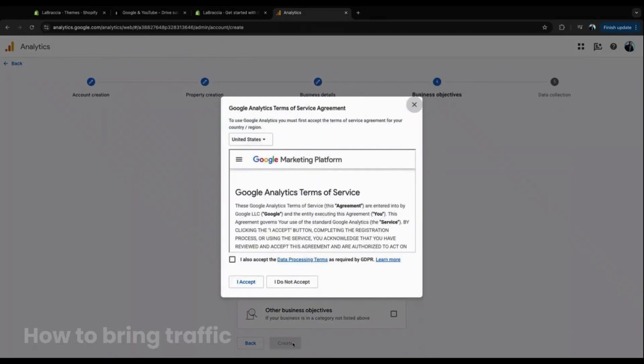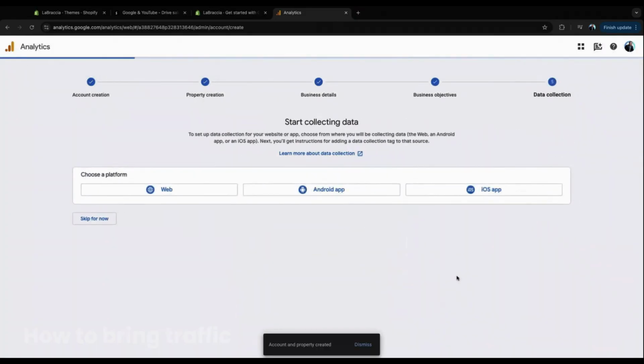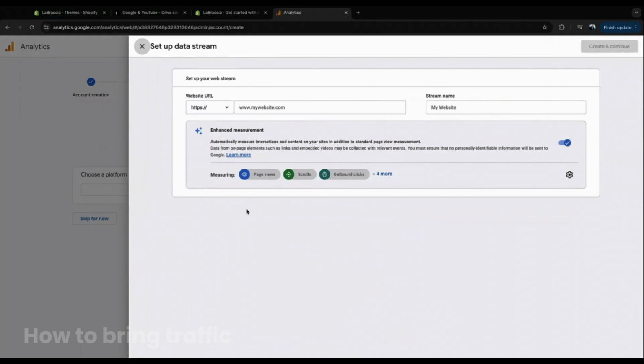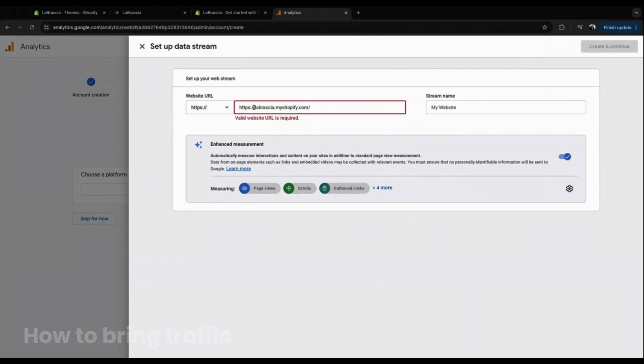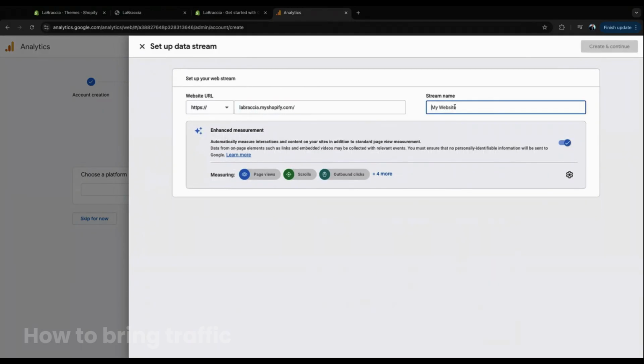Accept the terms. And now you want to add the stream. In here, just paste the website that you have. And for the name, you can just choose the name of your website and add "website" in the end, just so you know where the stream comes from later on. And once you're done with that,